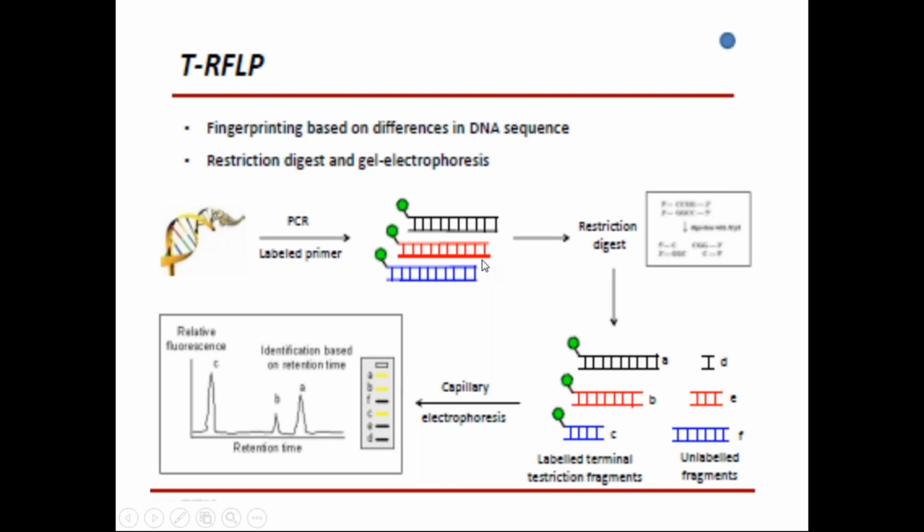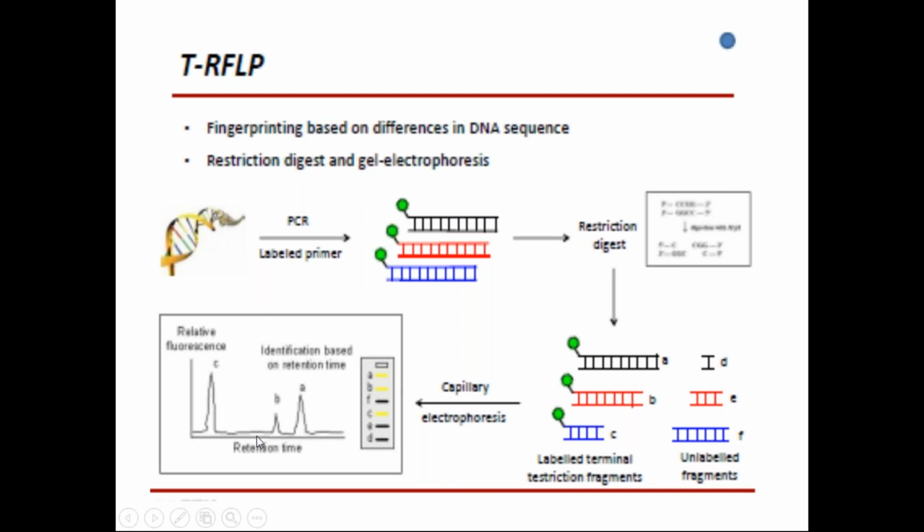So you can see here, after the PCR reactions, we digest this PCR product. First of all we perform the PCR and amplify the 16S ribosomal genes, and all the 16S ribosomal genes are then digested with a specific restriction endonuclease enzyme. Whatever fragments are generated are then electrophoresed and separated on the gel, and then we can identify this type of peak pattern or this type of result.